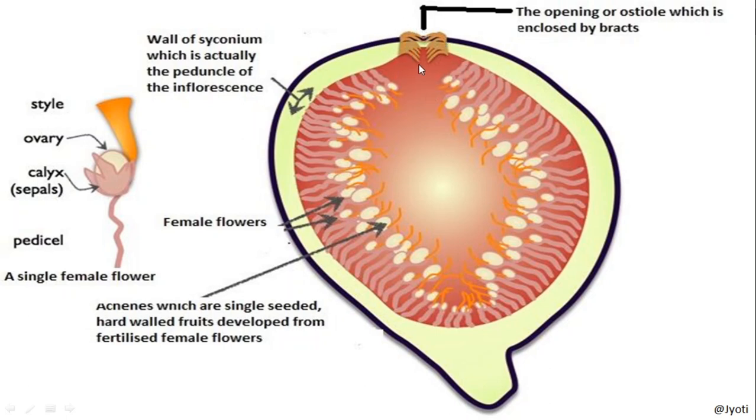And why is this apical pore present? This cup-shaped structure is usually green or very colorful to attract the insect. Then when the insect comes, it sits on this bract or the receptacle, and then it pollinates the male flower. The pollen grains that are present towards the apical pore are collected by the insects, and they help in pollination.